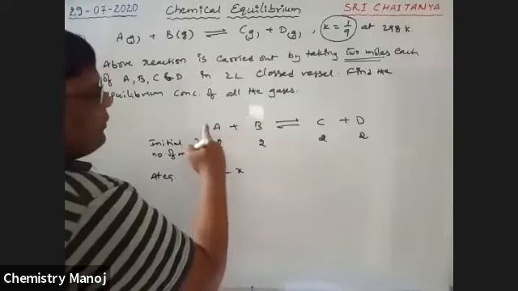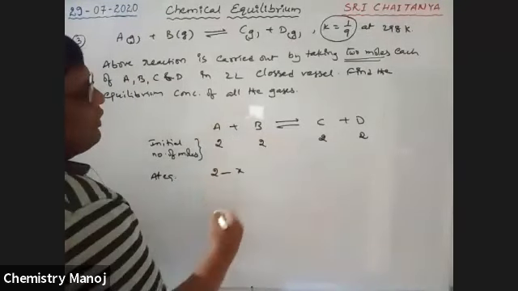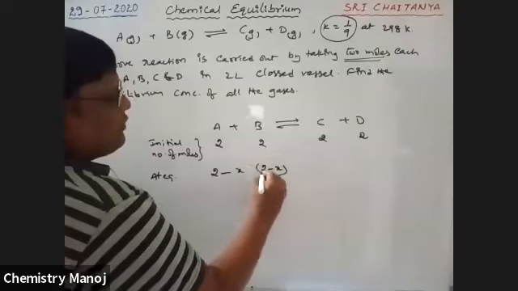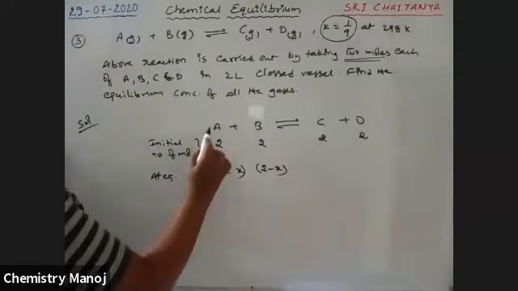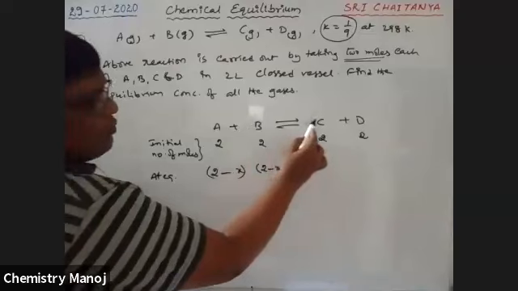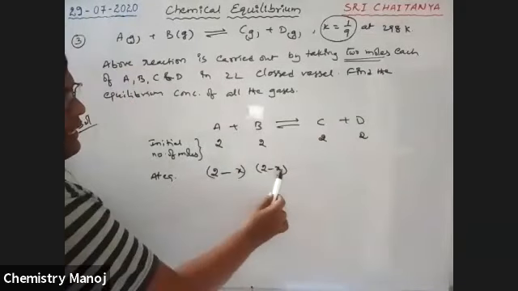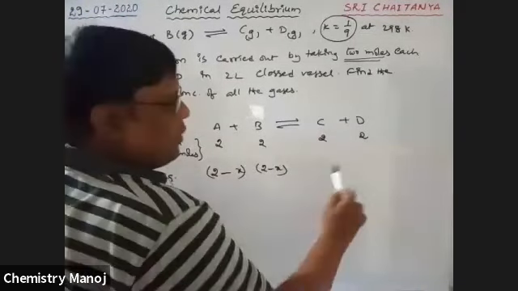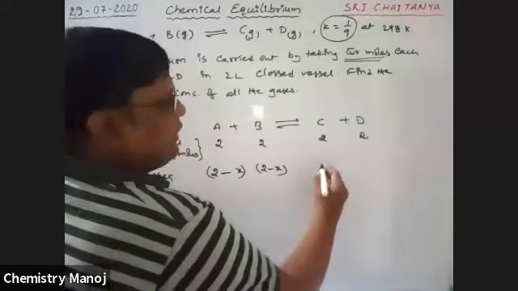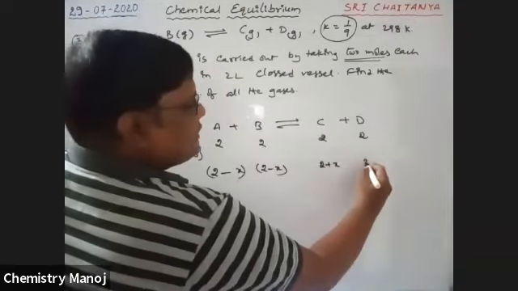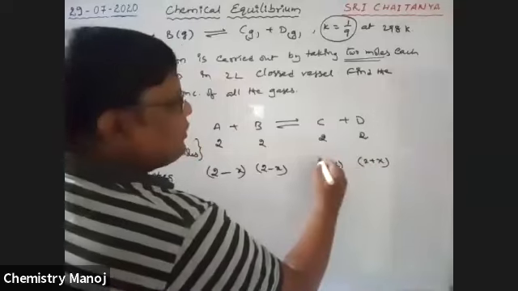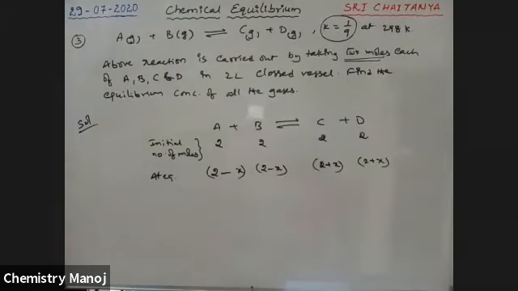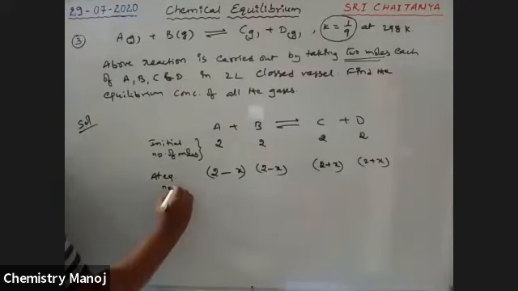Next, here also, because it is 1 mole, 1 mole is involved in the reaction. Here also 2 minus X remains. If 1 mole is involved in the reaction, 1 mole is formed. From this, X and X are involved in the reaction, and here X and X are formed. So the concentration of products increases. Therefore, its value is 2 plus X. So these are the equilibrium number of moles.